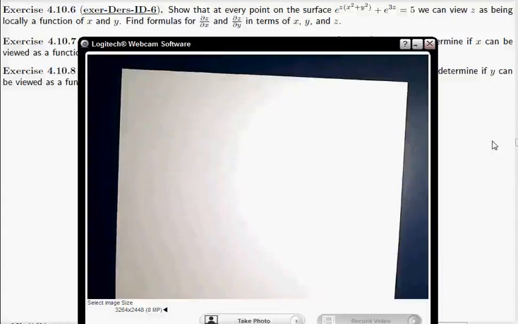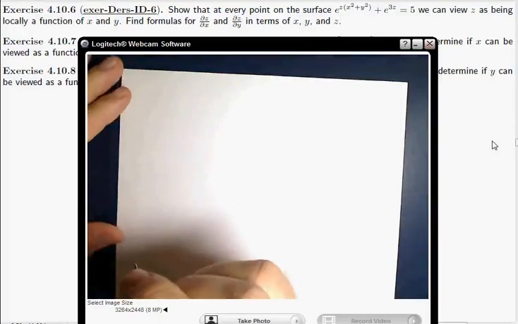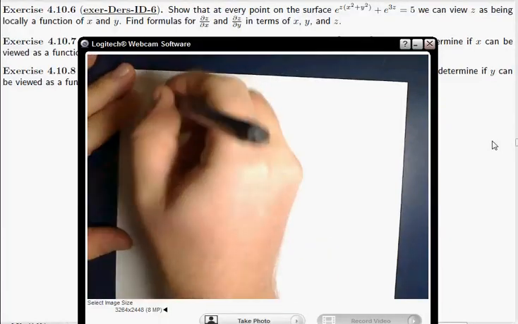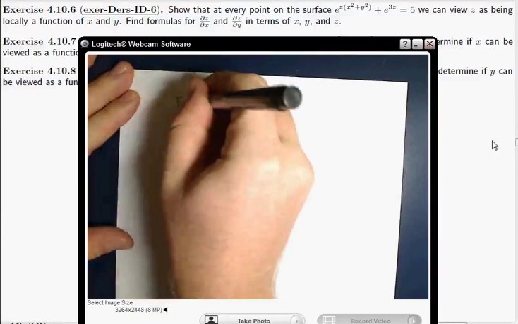Okay, so ID 6. We've got an equation given to us, and we want to show that we can solve for z as a function of x and y. This is right down the pipe exactly what the implicit function theorem does. So we're going to look at this algebra. We've got this function f of x, y, z